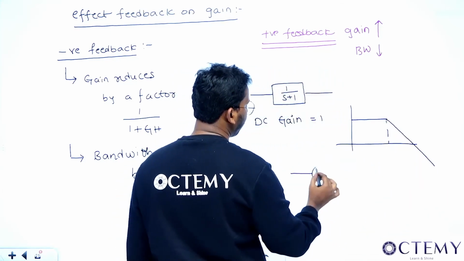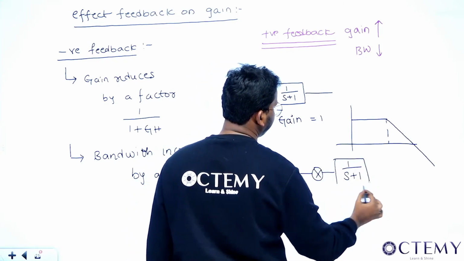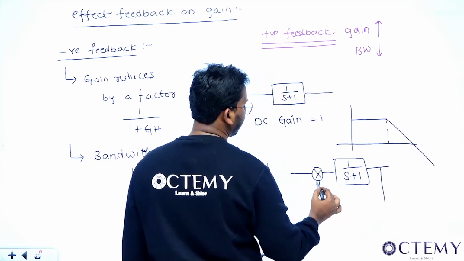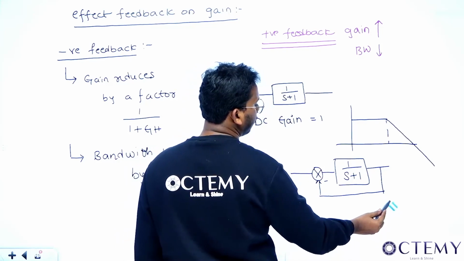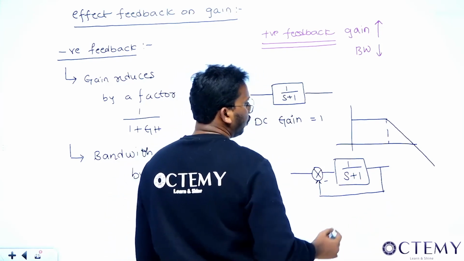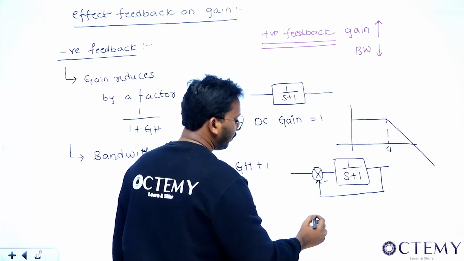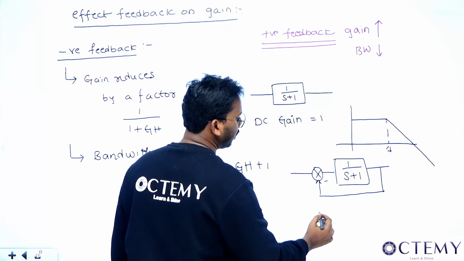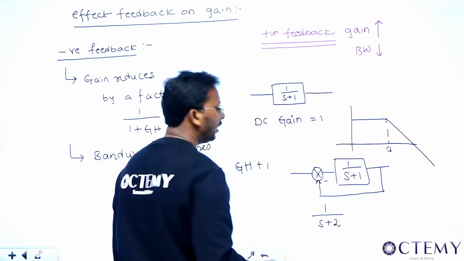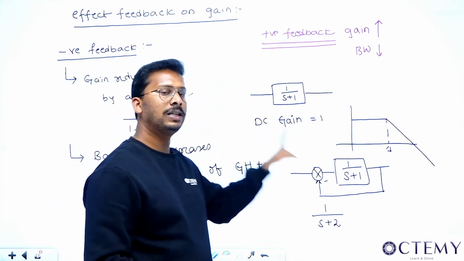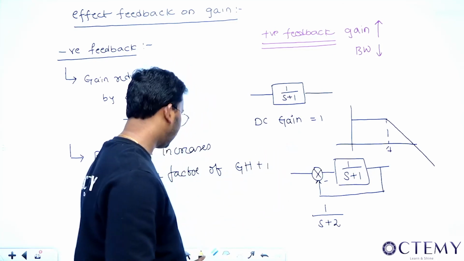Whereas if you close the loop, that is 1 by s plus 1, you close the loop with negative feedback, sir. Now see, sir, what will the overall transfer function look like? If you find your overall transfer function, that will become 1 by s plus 2, right? This you will not understand directly now, but you visit this lecture back, then you will understand all these things after frequency domain. Just remember these points as of now, right?